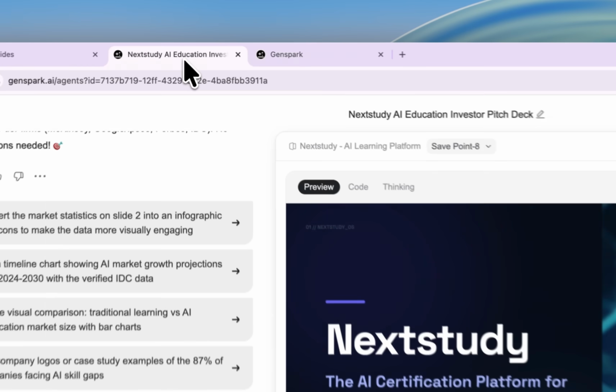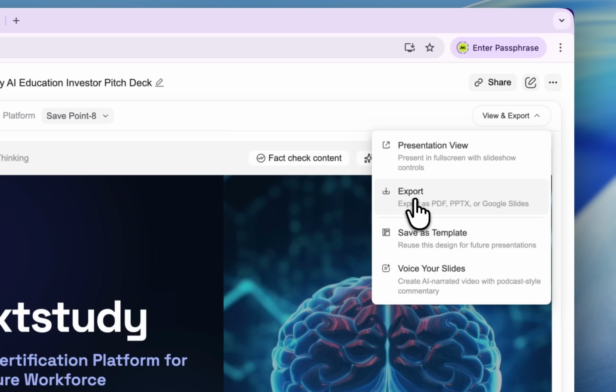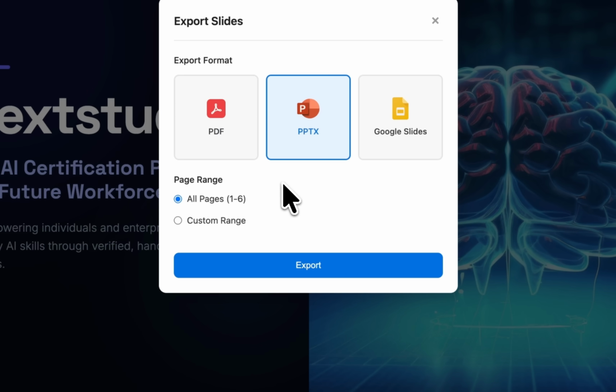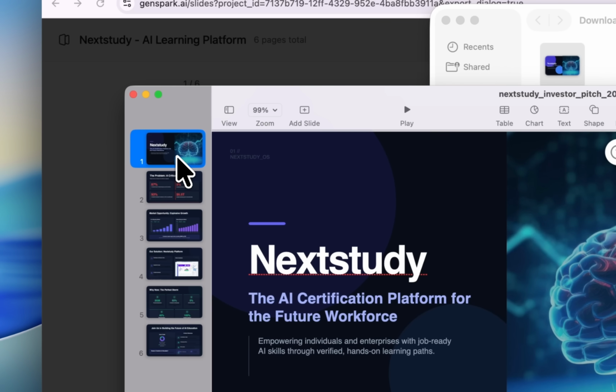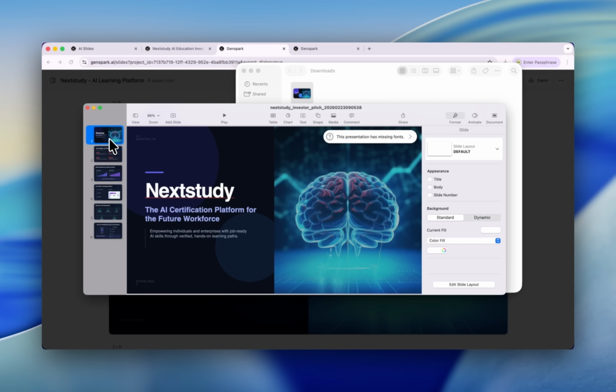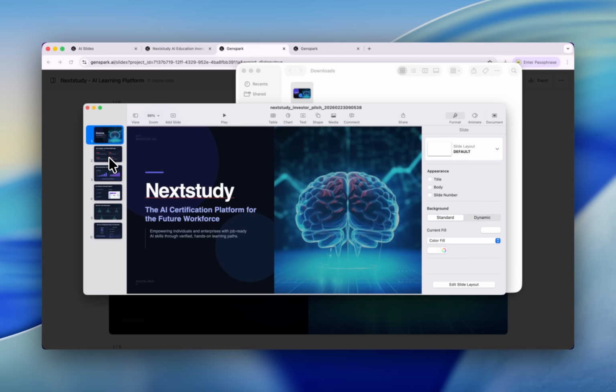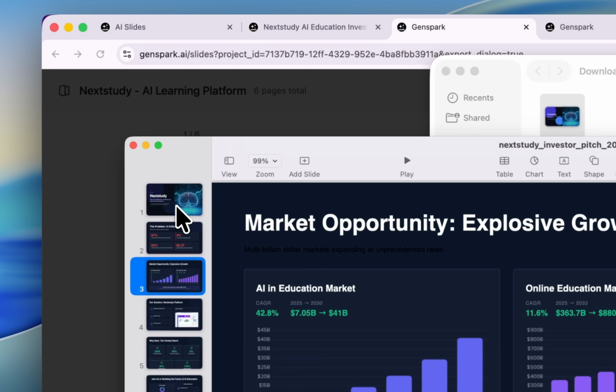Can you believe that? And what's even better is you can click here, exports. You can choose different versions from PDF to PPTX or Google Slides. For example, PPTX. And let's click the export. Hey, imagine if you're close to your deadline and you only have several minutes, and this tool can totally help you generate very detailed slides, and you can use the fact check. Perfect. Now I even have a local copy that I can work on. I can pass it to my colleague. Oh my God, this is so good.